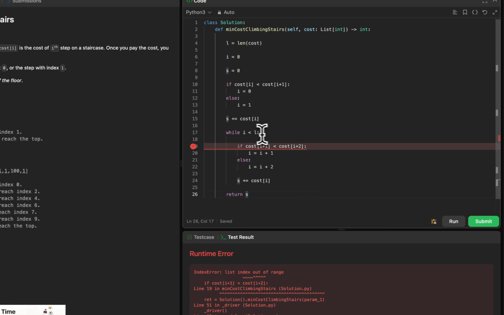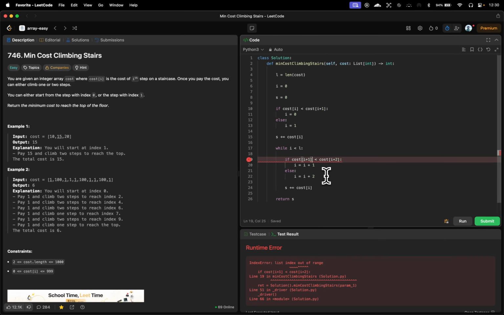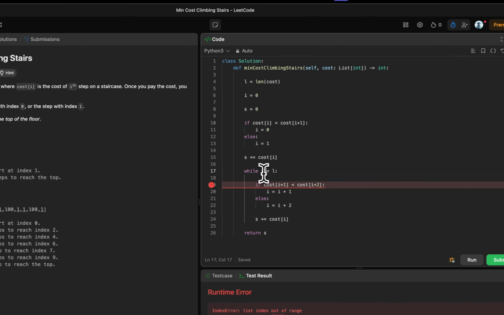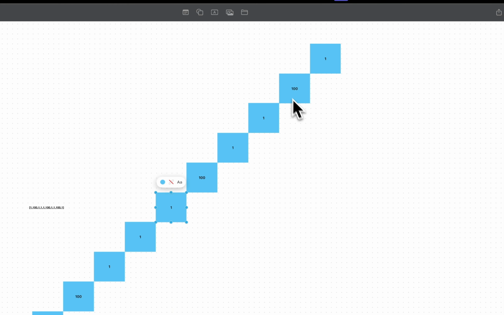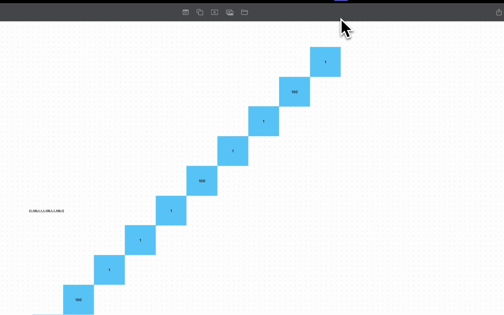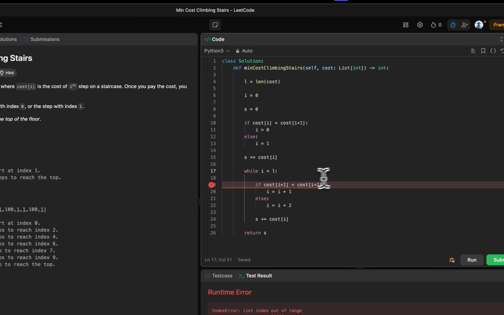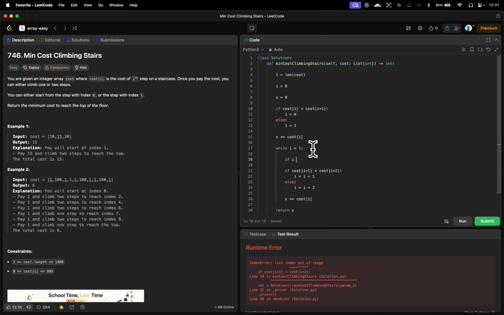That's out of range. How? Cost i plus 1 and cost i plus 2. If i reaches something which is less than, okay, if i becomes this value plus 2, it does not mean anything, right? If i becomes this, then this does not mean anything. Now I need to make sure a boundary condition. If i is less than